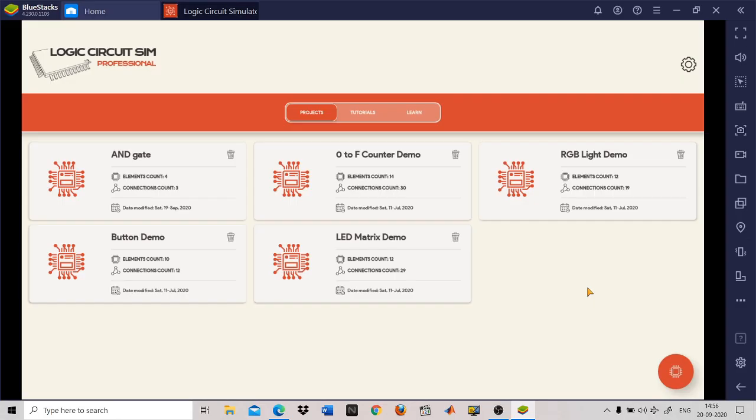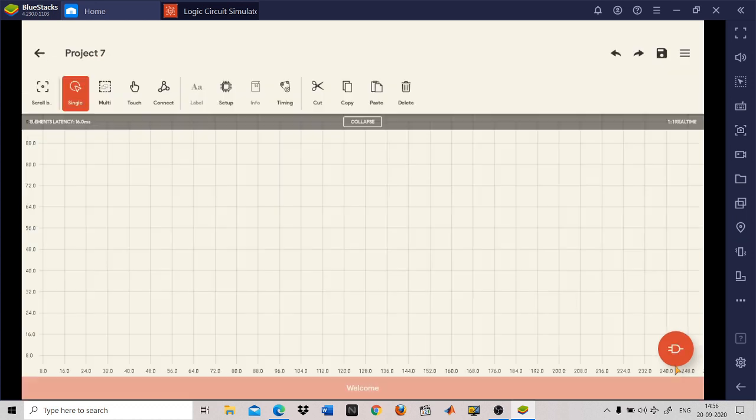Okay, so now we are going to implement our half adder using the XOR gate and the AND gate by using the Logic Circuit Simulator Pro. So if you want to start your experimentation, first you will have to click on the setup. After clicking on the setup, you will navigate to a new window. Now if you want to implement the half adder, first you will have to place all the elements in this window. So you will require input, you will require two gates, and then you will require two outputs also, because one output is for the sum and the second output is for the carry.